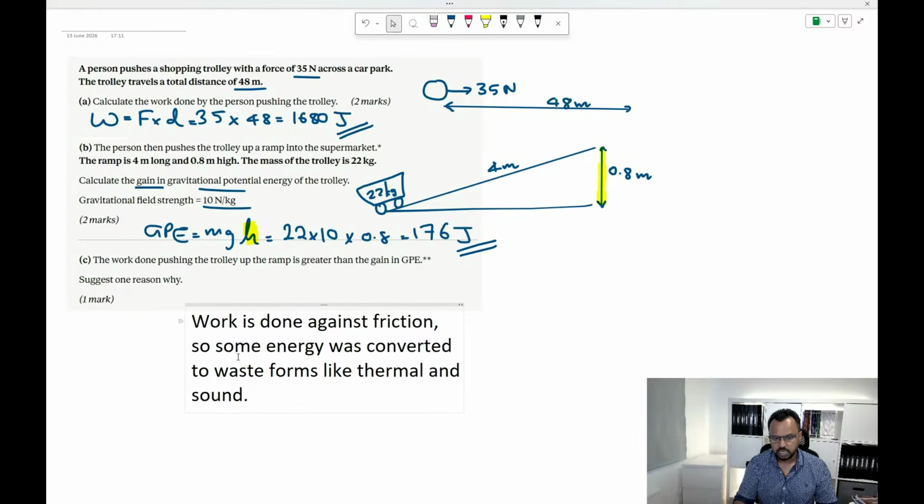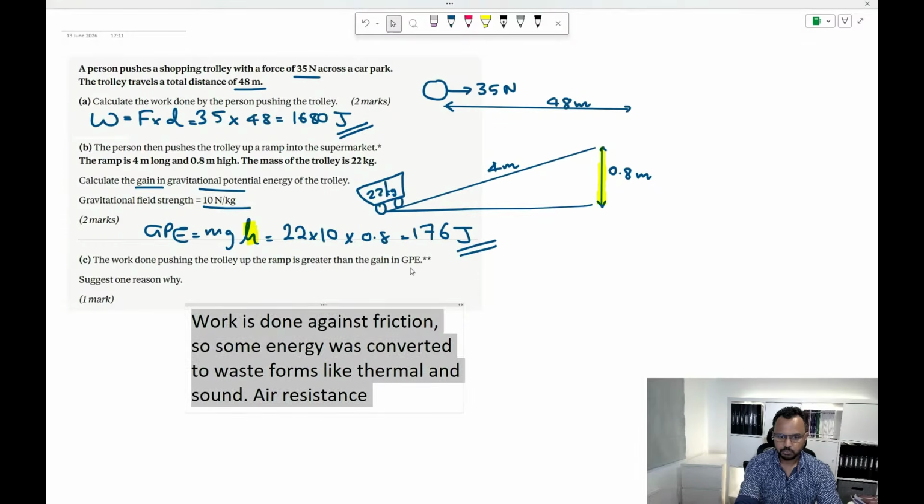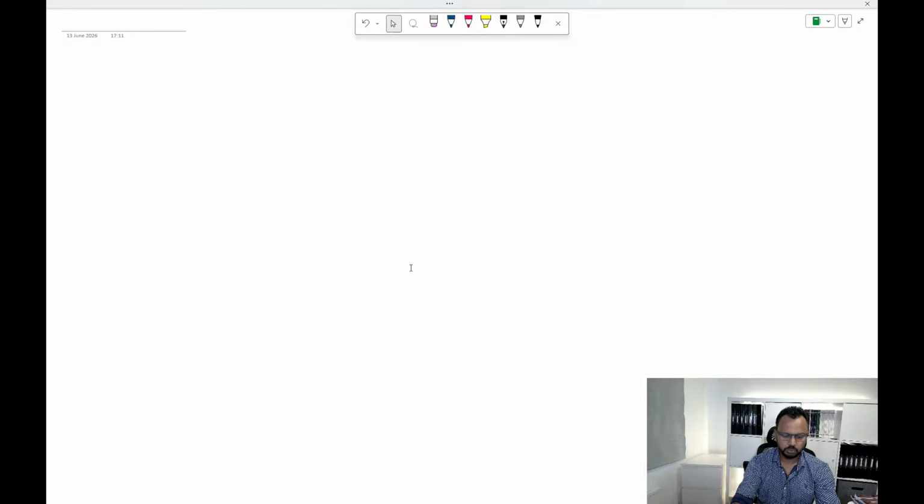So things like that. The work done against gravity is actually what is included in GPE, so I wouldn't go there, Demola. Do you understand? Yeah. Air resistance, agree with that. Yes, there is also work done against air resistance or friction between the things. Something to that effect, guys. Done. Any questions up to this point about this energy stuff that we've done so far? Right. No. So let me just clear the board.